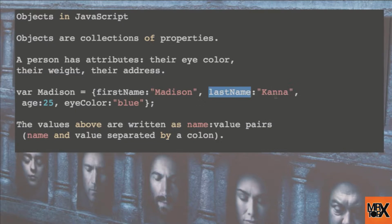So if we were creating another object, say perhaps you are John, then here you would have first name is the name, but the value over here would be something else, right? It would be John. Or here we have this name, eye color, and then we have a value that goes inside it. So eye color is the name of the property. So down here we have the name, eye color, and then the value inside it, which is blue, and these are each separated by